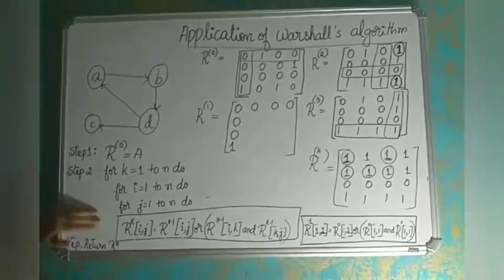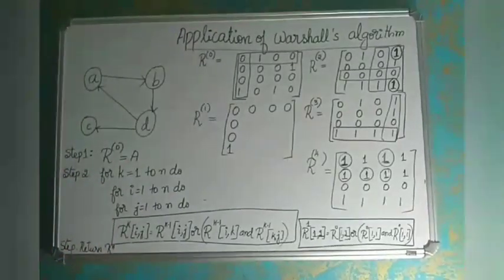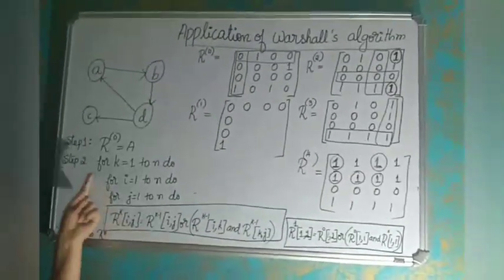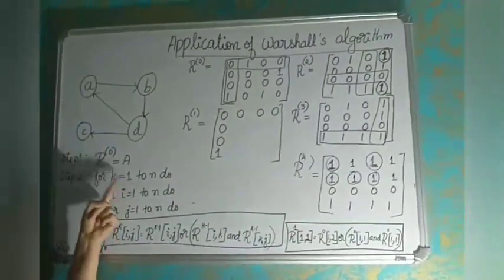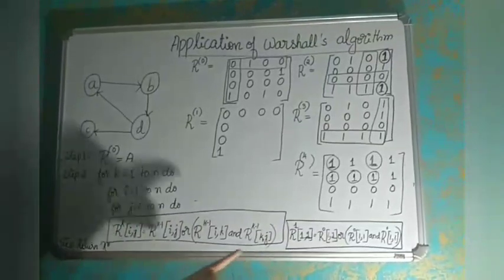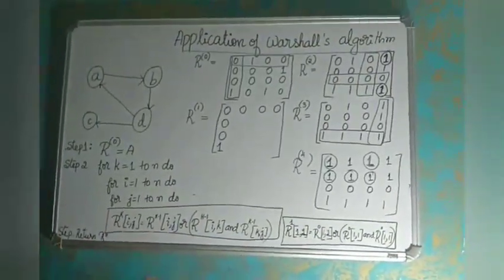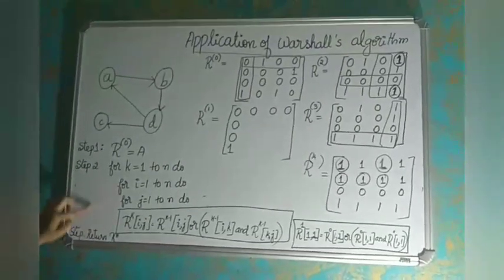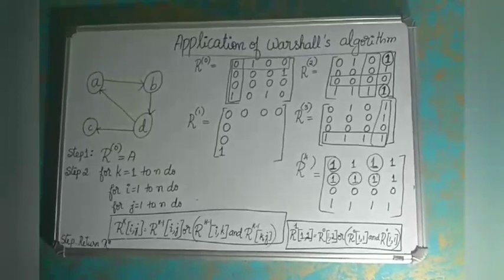So now if you trace like this, if you keep on changing the values of i and j, what you can observe is, from R0 to R1. So if you want, you can try for all the values of k, i and j, and you can trace the algorithm. Actually there is one shortcut method to find the transitive closure. So you need not find each and every element. When you trace for one of the matrices, you will have the idea of what the conclusion or observation is.